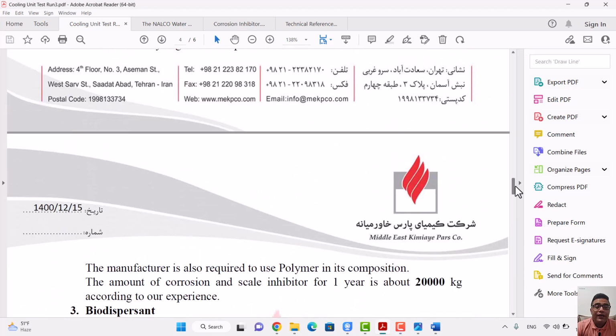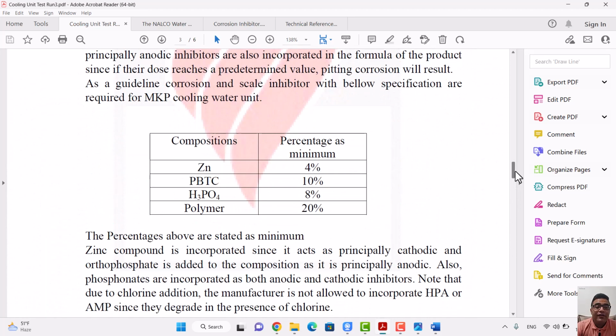So the basic formulation that I in fact offered to the manufacturers was this one. The composition consists of these components: zinc chloride, PBTC, phosphoric acids, and polymer. Zinc, and of course I gave these percentages as minimum, should be about 4%, PBTC should be about 10%, orthophosphates should be about 8%, and polymers should be